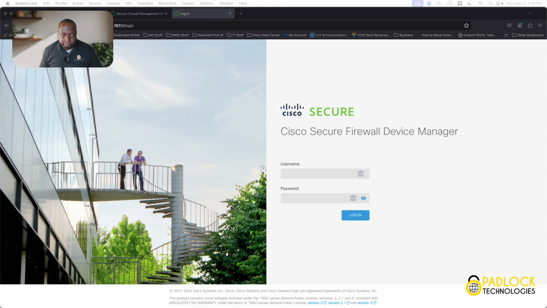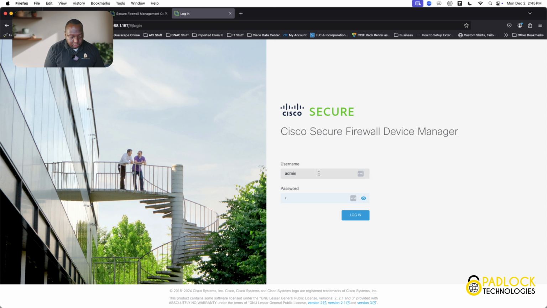That's all it is. I would say this is probably the worst case scenario when it comes to managing, right? Because now that they have CDO, you don't really need to be using this. I'm just going to be totally honest with you here. But if you don't have CDO and you didn't buy the FMC, this is what you're going to have to use to manage it. So let's go ahead and take a look